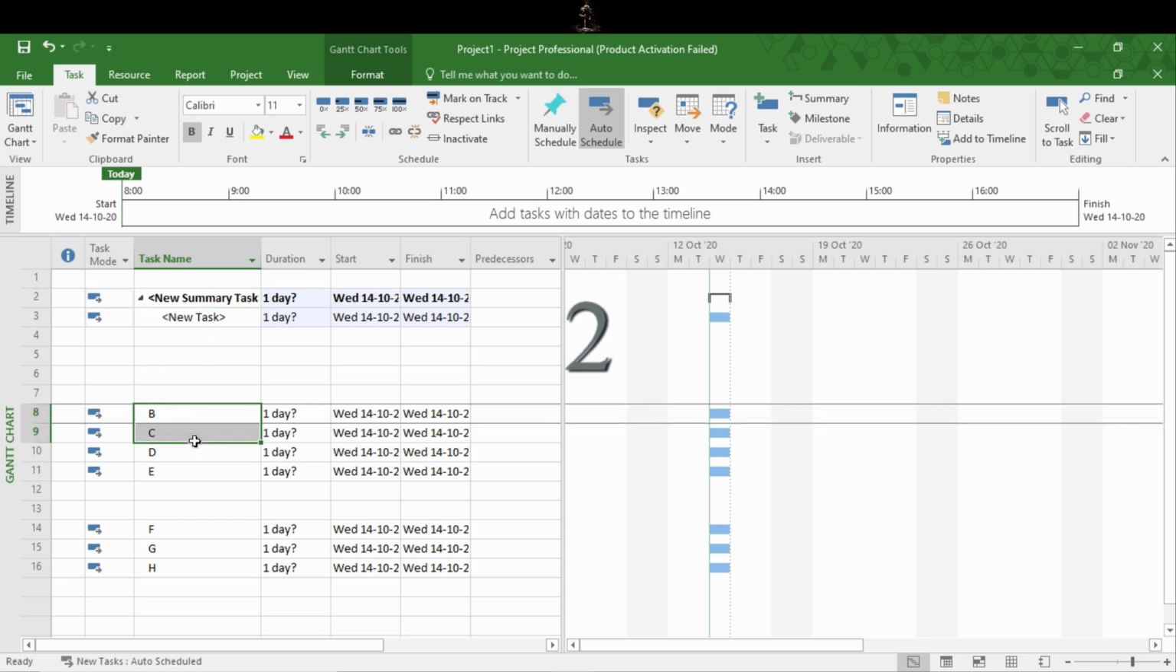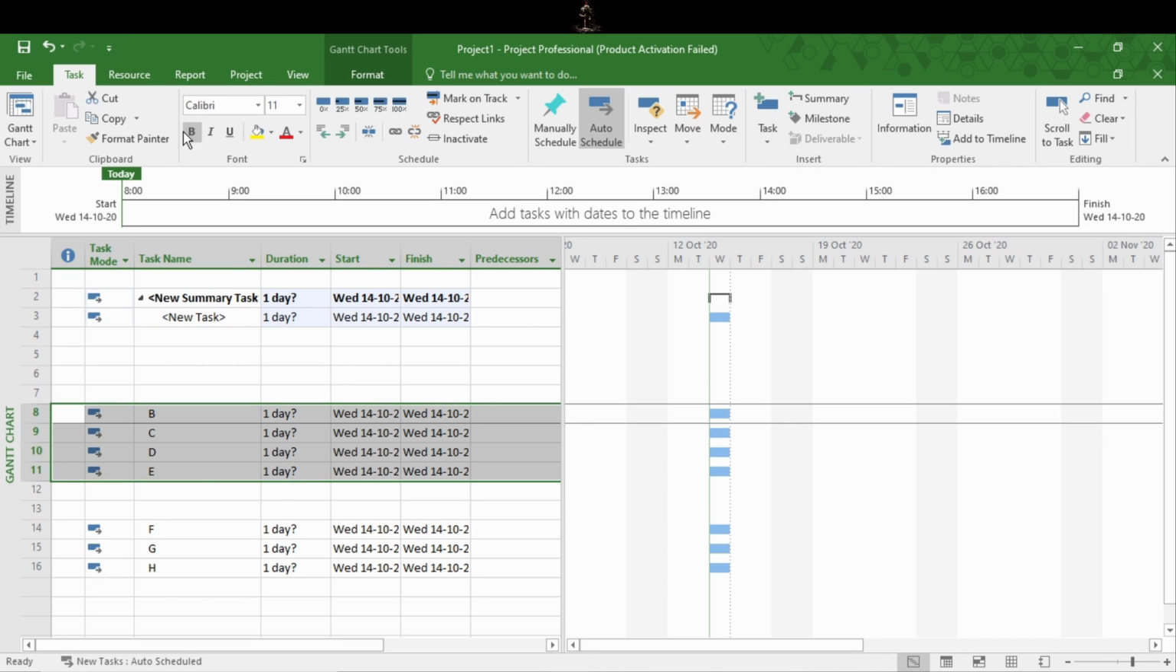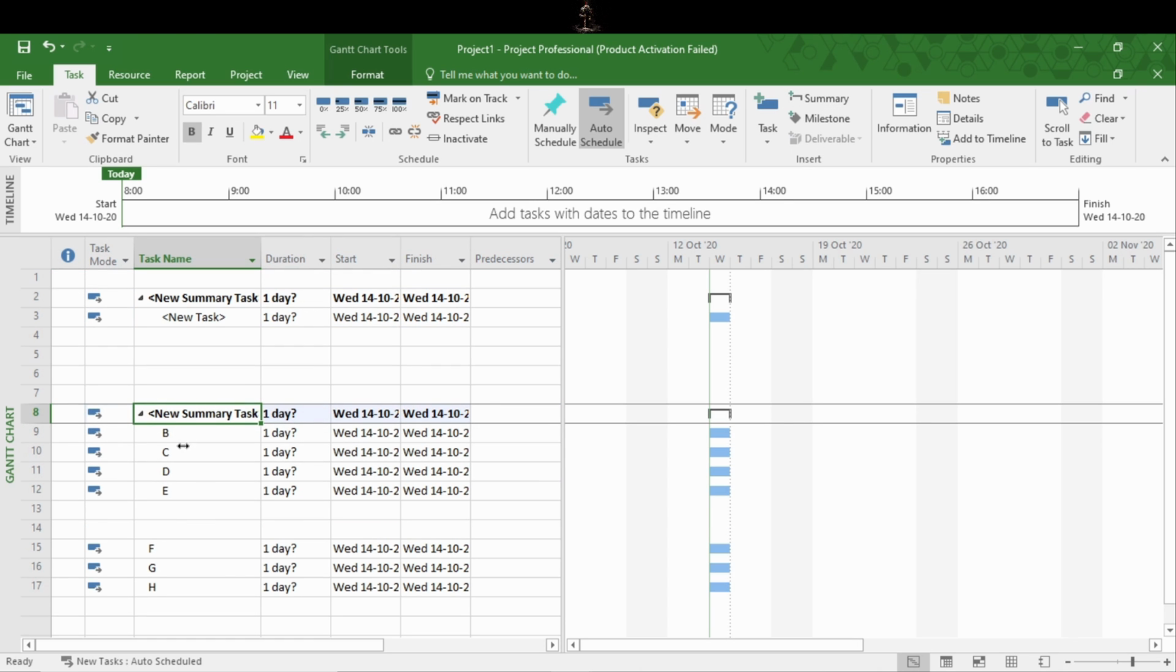Suppose you have already added some activities, for example here I have B, C, D, E. You want to give a summary task to all of these activities. So what you will do is select all the 4 activities. By the similar procedure, go to Task tab, Insert section, Summary. Now you can see here all the 4 tasks are summarized inside the new summary task,